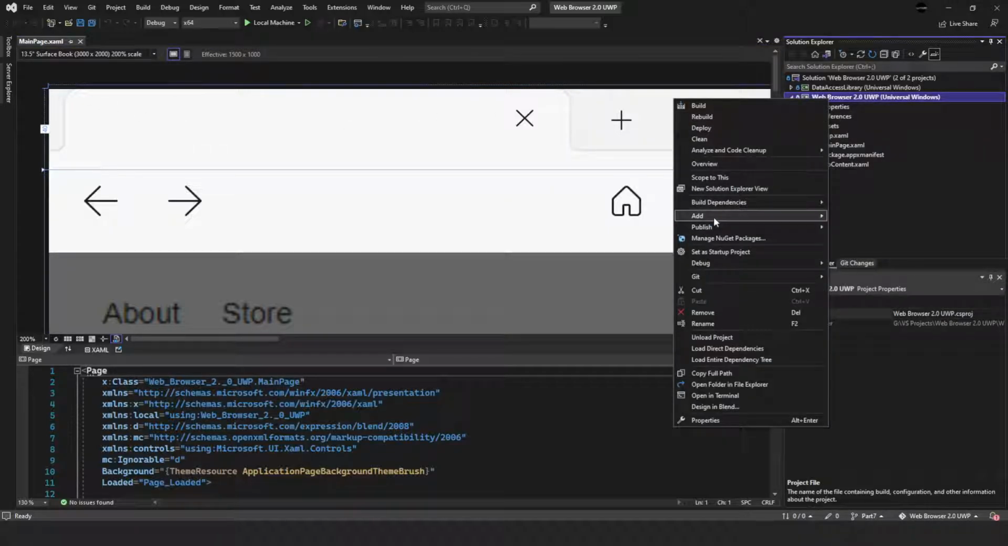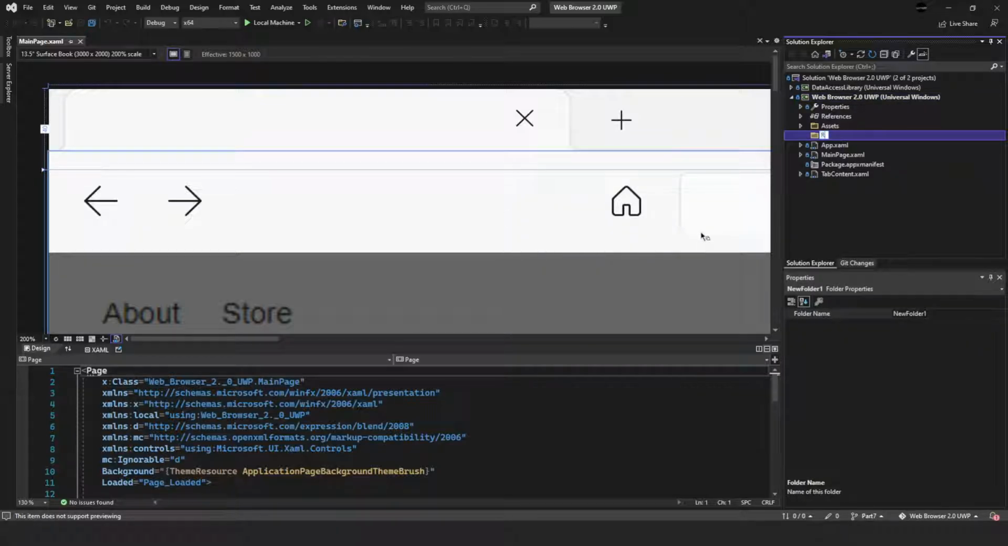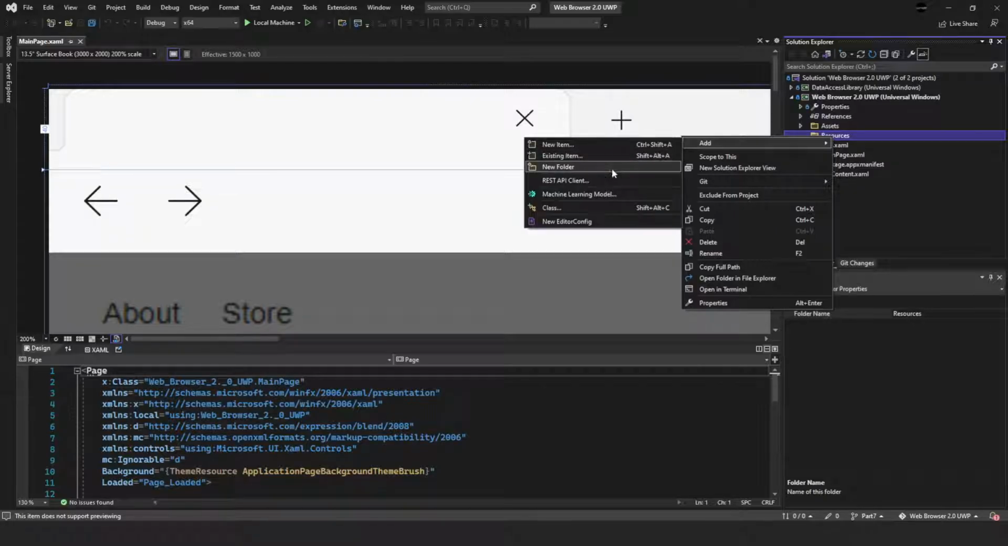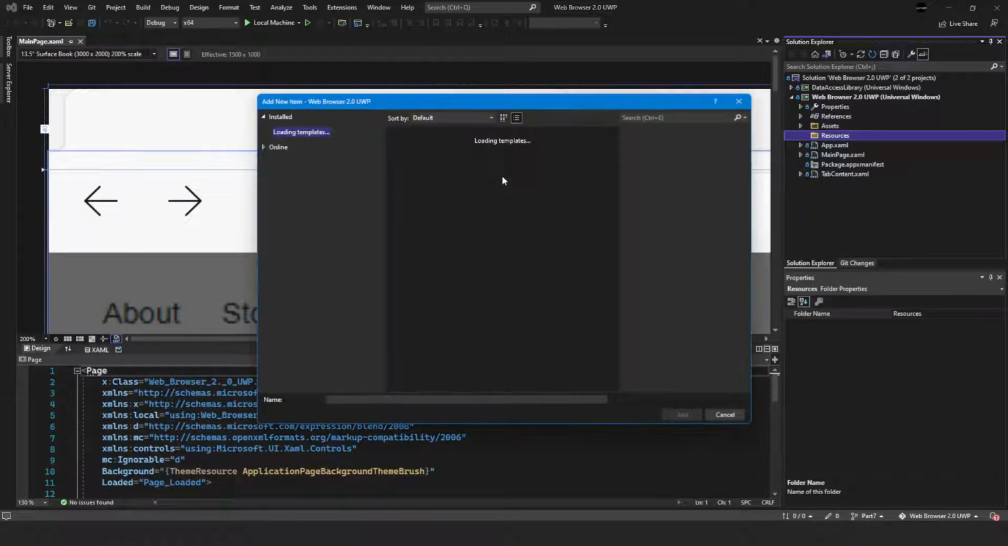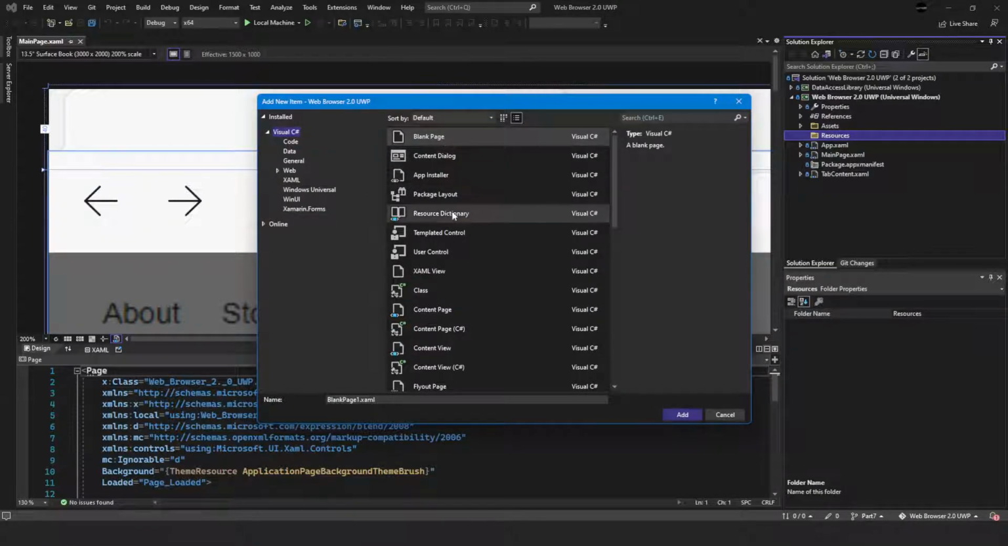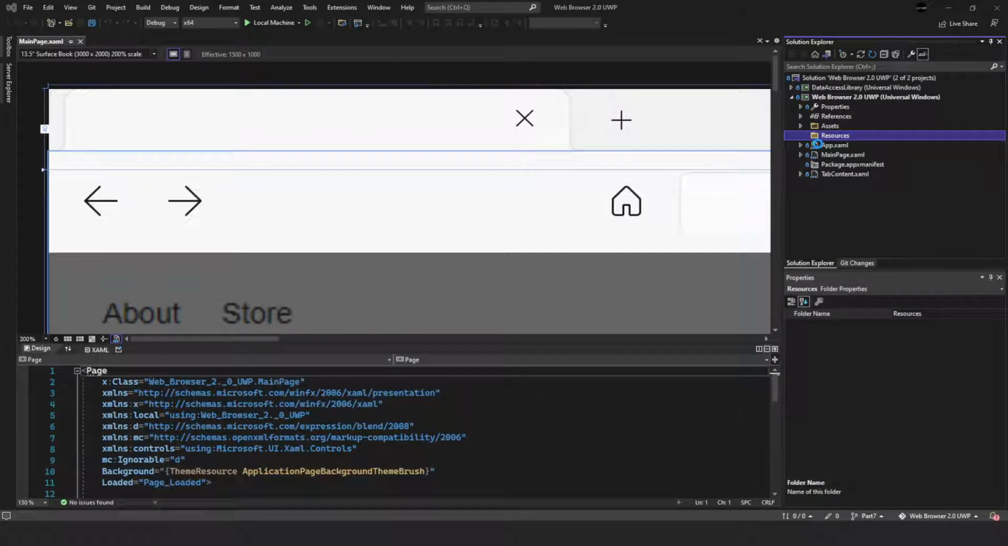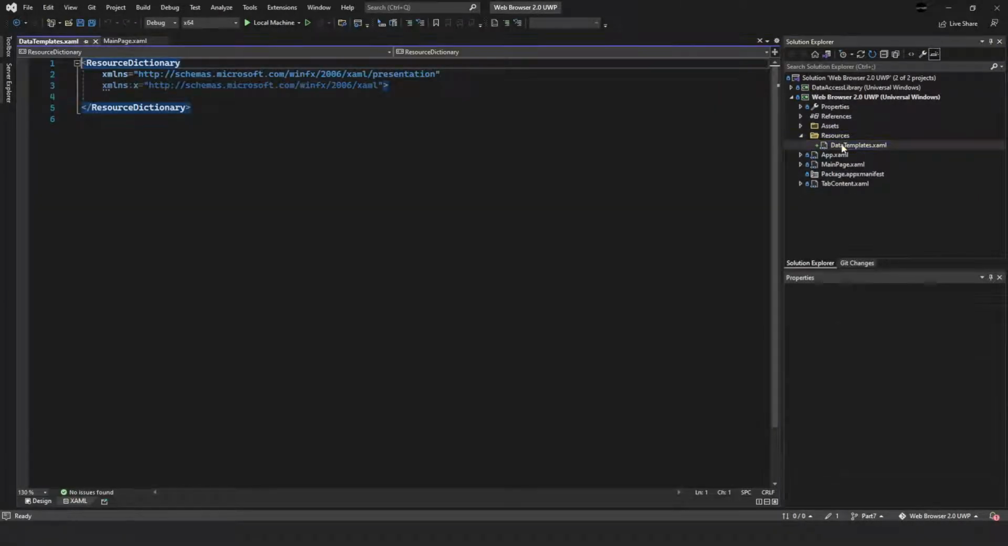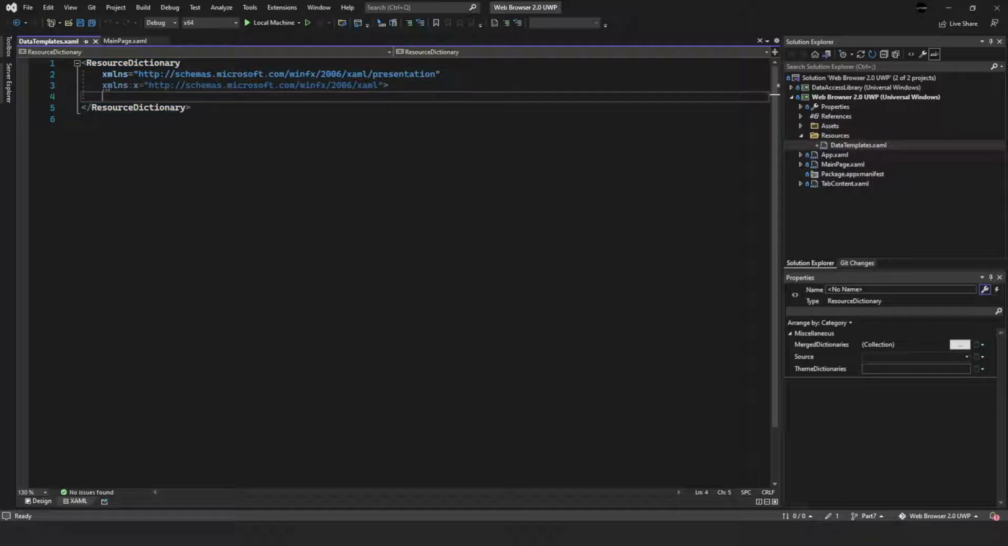So first of all, I'm going to create a resources folder. Inside here, I'm going to add a new item, and I'm going to select resource dictionary, and I'm just going to call this data templates. Select that, open it, and